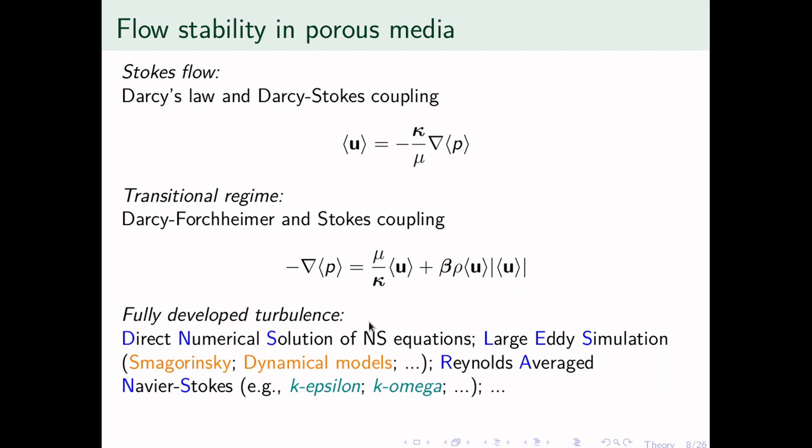So we can create a simulated porous medium, and we can define flow properties by direct numerical simulations, or direct numerical solution of the Navier-Stokes equation. And when instability develops, or even in the case of fully developed turbulence, we have simplifications for the direct numerical solutions, in the form of large eddy simulations and Reynolds-averaged Navier-Stokes equations, which are developed and used to deal with turbulence in these systems. So in essence, we can use those systems to calculate flow parameters, and then we can use